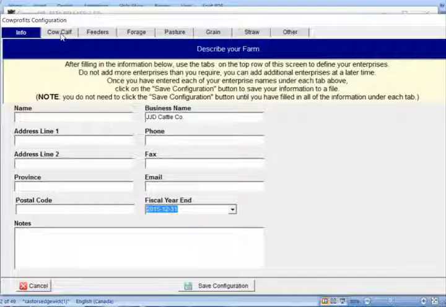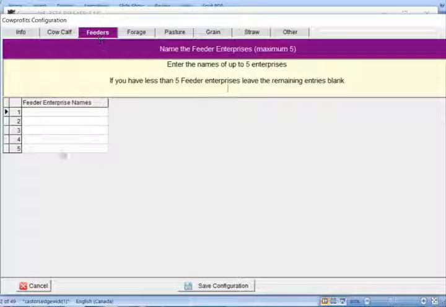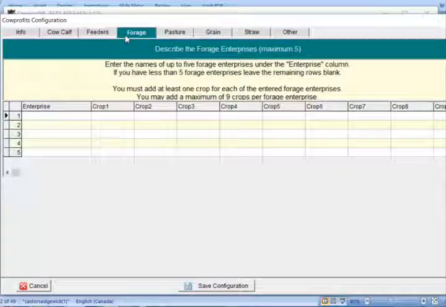Now we can go along and look at the enterprises. Cow-calf, well, John and Jane Doe have only one cow-calf enterprise, and so I'm going to call it JJD Cows. And feeders will be the same, and I'll call it JJD Feeders. And now forage, they have one forage enterprise, but you'll find now that it needs an enterprise name. We're going to call it JJD Forage,